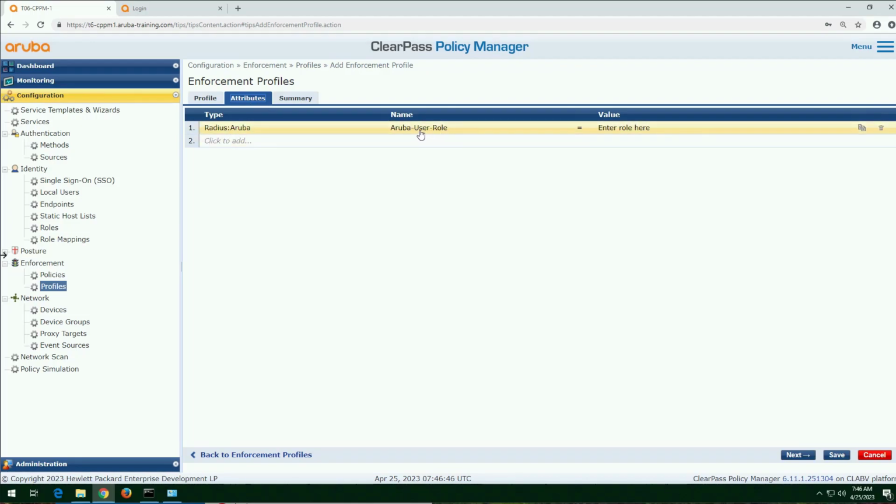So that will be sent back to the mobility controller, Aruba user role, VSA, and